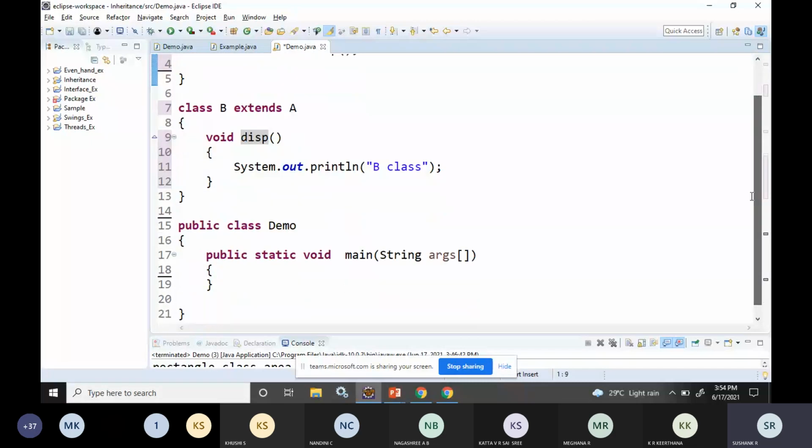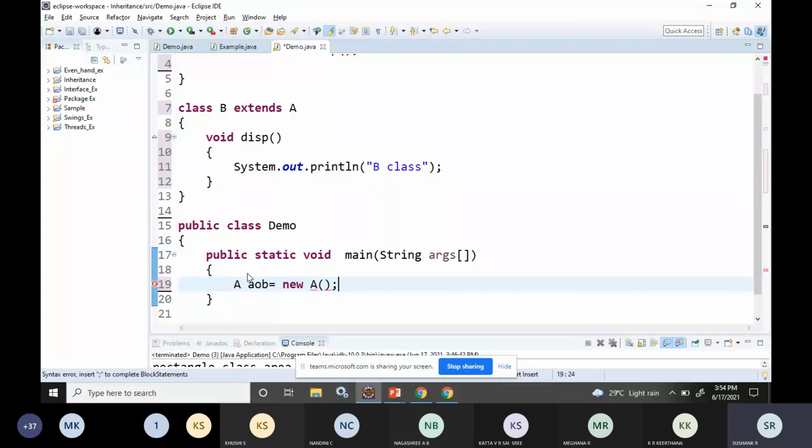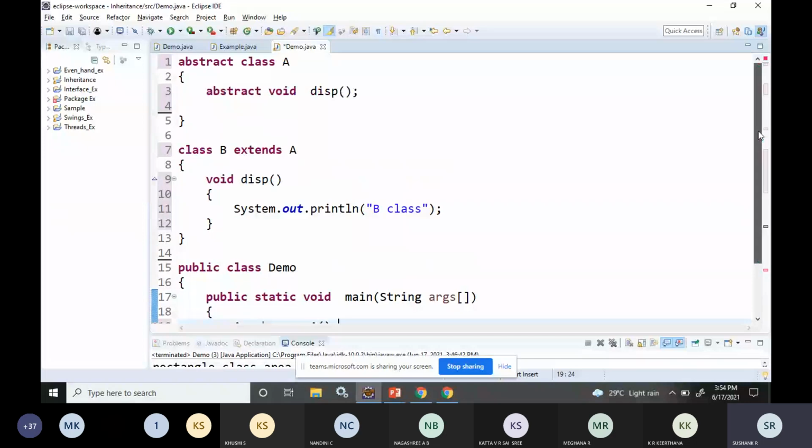Like if I write object equal to new A, I will get an error, because abstract class objects cannot be created.